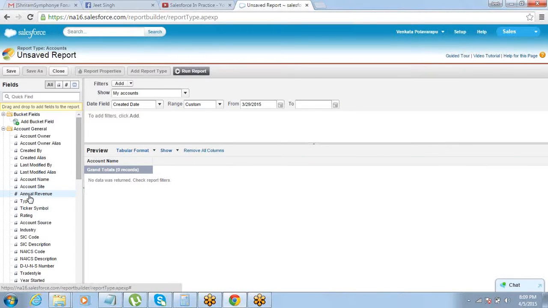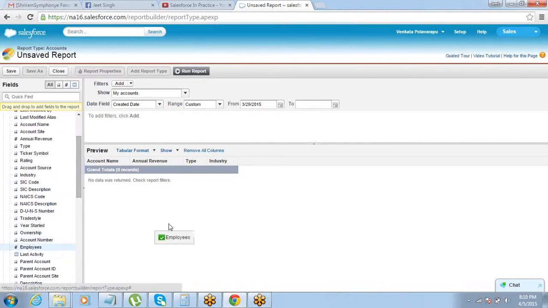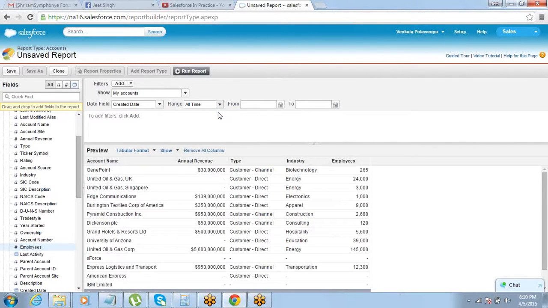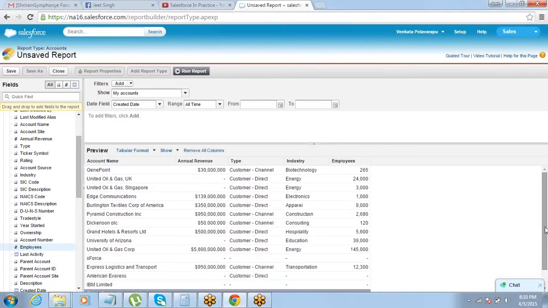Good revision for all of you. Drag the fields that you need: type, industry, number of employees. Okay, so this account has a little more data.